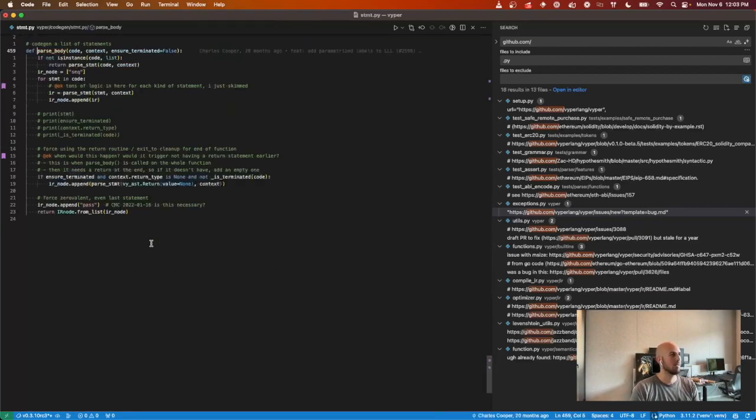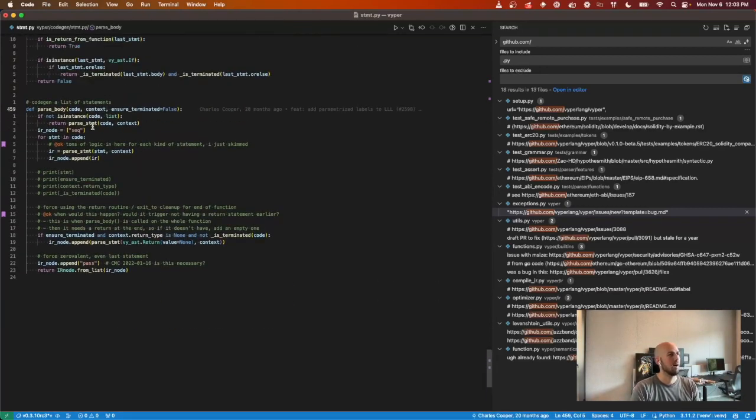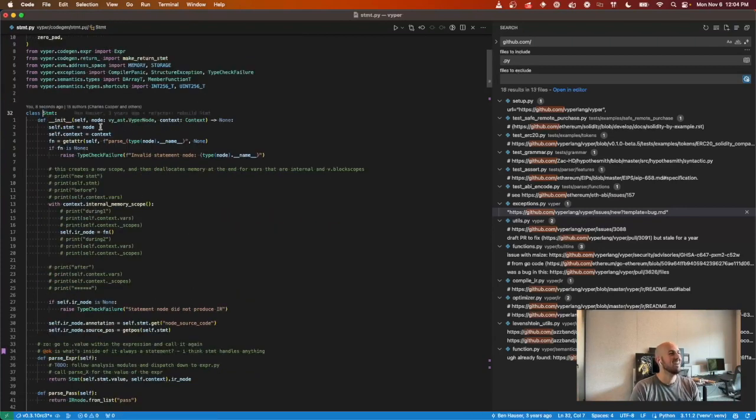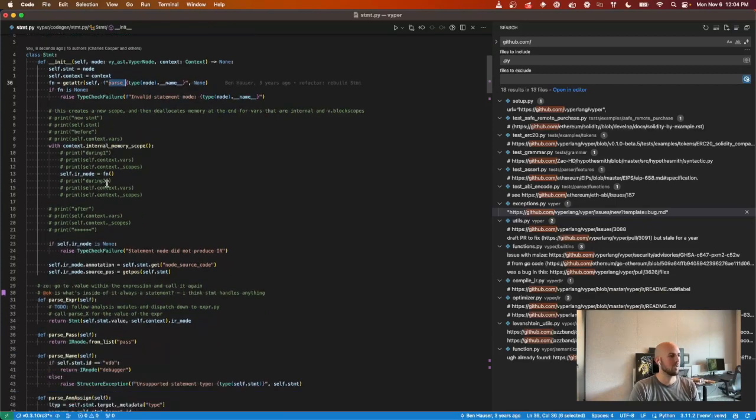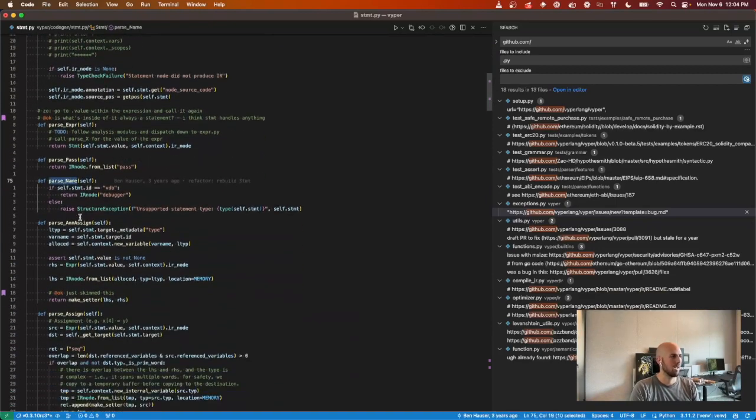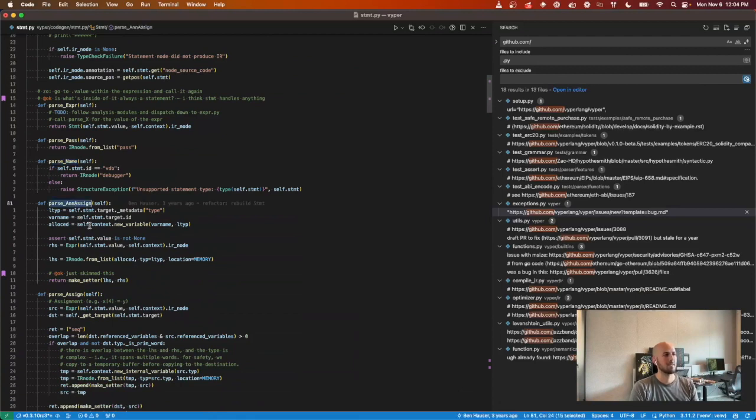So if we go into parse body, this is where all the meat of this is. It's going to take you to this parse statement, and parse statement is creating an instance of the statement class, and we can get into all this, but mostly it's calling parse underscore type. So the same thing as the semantic validation was doing, and we can see that's parsing expressions, parsing pass statements, parsing names, parsing assignments. Basically this is where all the logic is, where it's saying